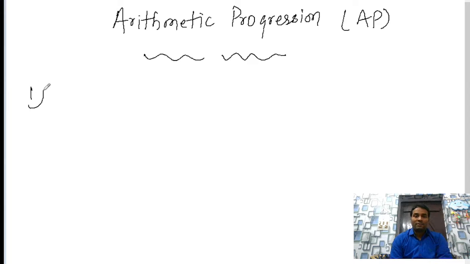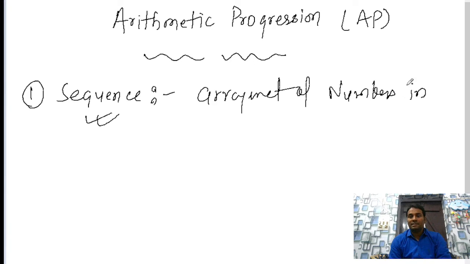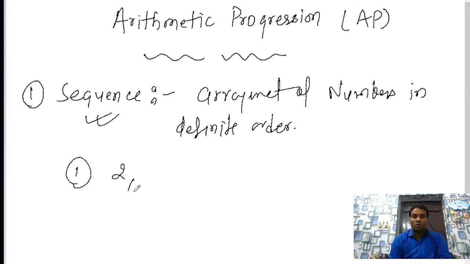The first one is sequence. So what is basically a sequence? Sequences are an arrangement of numbers in a definite order. Let me give some examples here, like 2, 4, 6, 8,